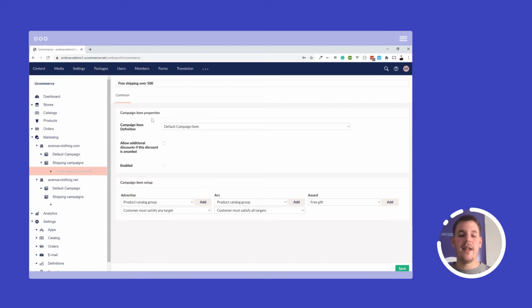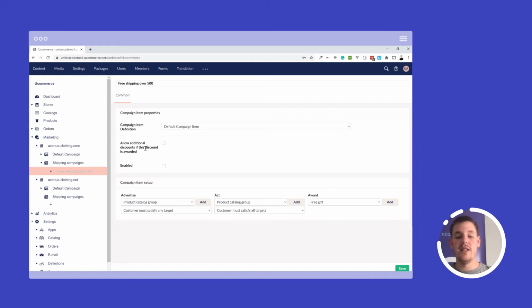And the first thing that I can now configure on my campaign item that will contain the rules is a definition. A definition is basically the ability to add more information on the campaign items that cannot be configured out of the box. If you don't know what definitions are, there's a separate video for that you can watch, which will explain more in depth what a definition is. In this case, you just need to know that a definition is possible for campaign items as well.